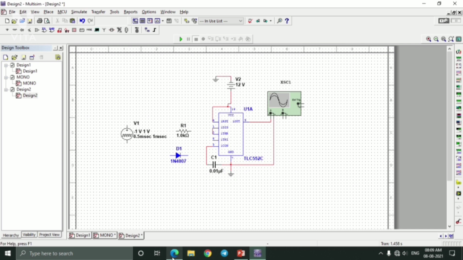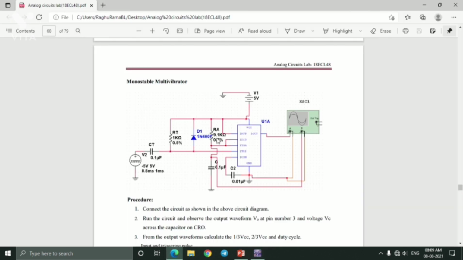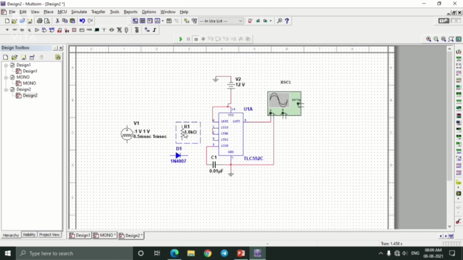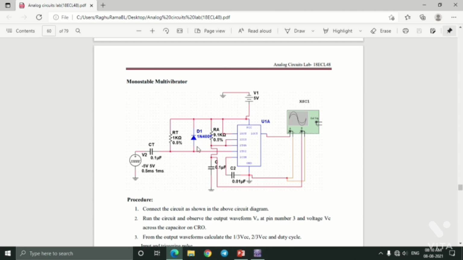Now after this, you need to keep a 9.1 kilo ohm resistor between the pin that we have shorted and the plus VCC. So rotate this resistor 90 degrees and place it over here. Make the connections. And in parallel with this resistor, you have this diode 1N4007.